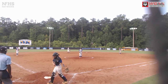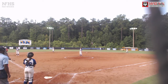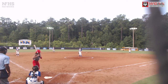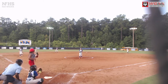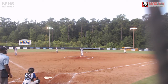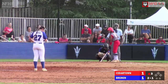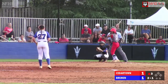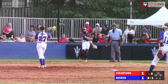As we mentioned, the Lady Dogs will be in action this weekend in the Dalton tournament. And then they will play Monday at Rockmart. And then they'll take a little bit of a break. Pitch on the way. Then there for a called strike one. After the Rockmart game, they will play in a doubleheader against Central on Tuesday the 24th. And then they will finally come back home on the 26th, which is a Thursday against Central. Game start time for that game is 7 p.m. So that is the next time you can catch the Lady Bulldogs at home, which will be Thursday, August the